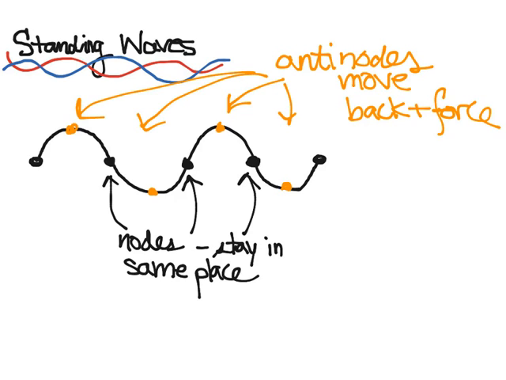So, maybe this is one snapshot in time, and then at the next moment, you see the nodes are staying in the same place, but the antinodes have moved slightly inwards. Okay, and maybe at the next moment in time, it'll just be completely flat. The antinodes have moved all the way towards the middle, but the nodes are still in exactly the same place. And then at the next moment,